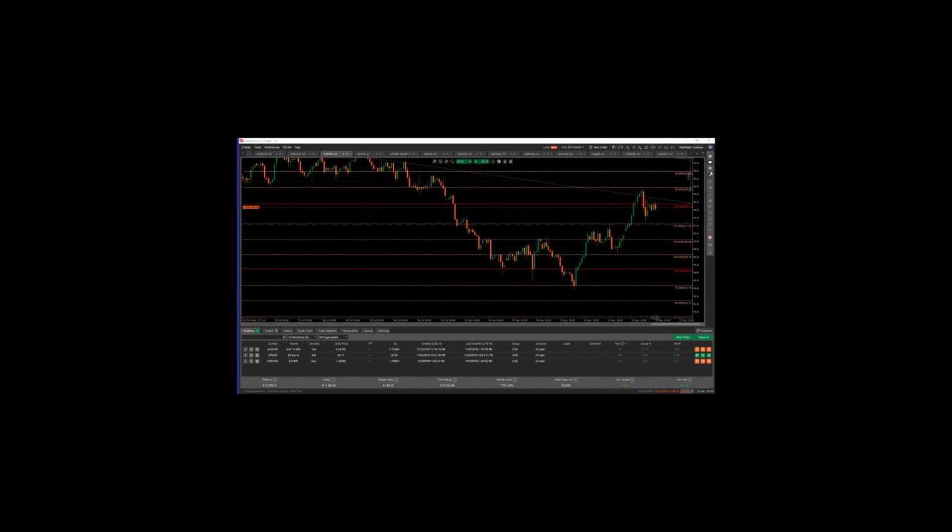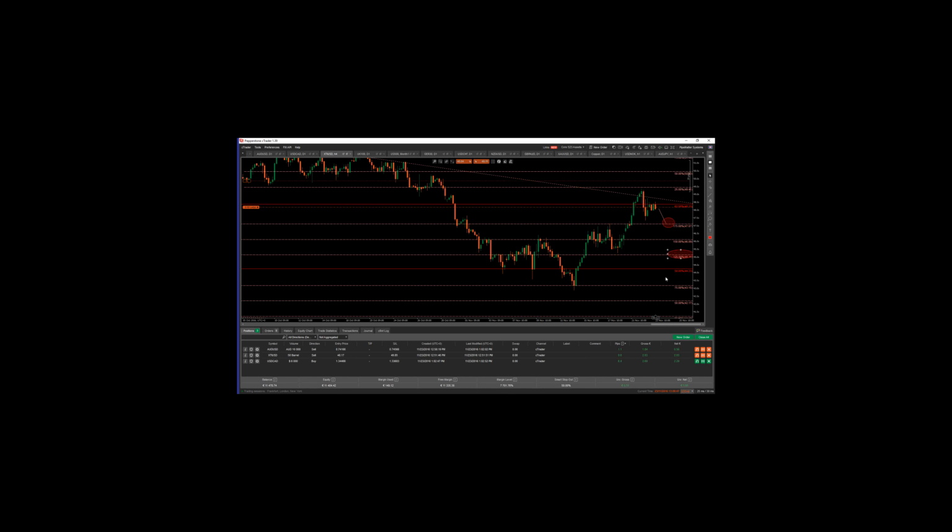What I'm going to be doing is already, like you can see here, I'm selling. My first target area will be this area here. This is the first target area, okay? Right here. I'm not so worried about this area here. If this area is broken, the 75% of the 50 and 62, then my target area is here.